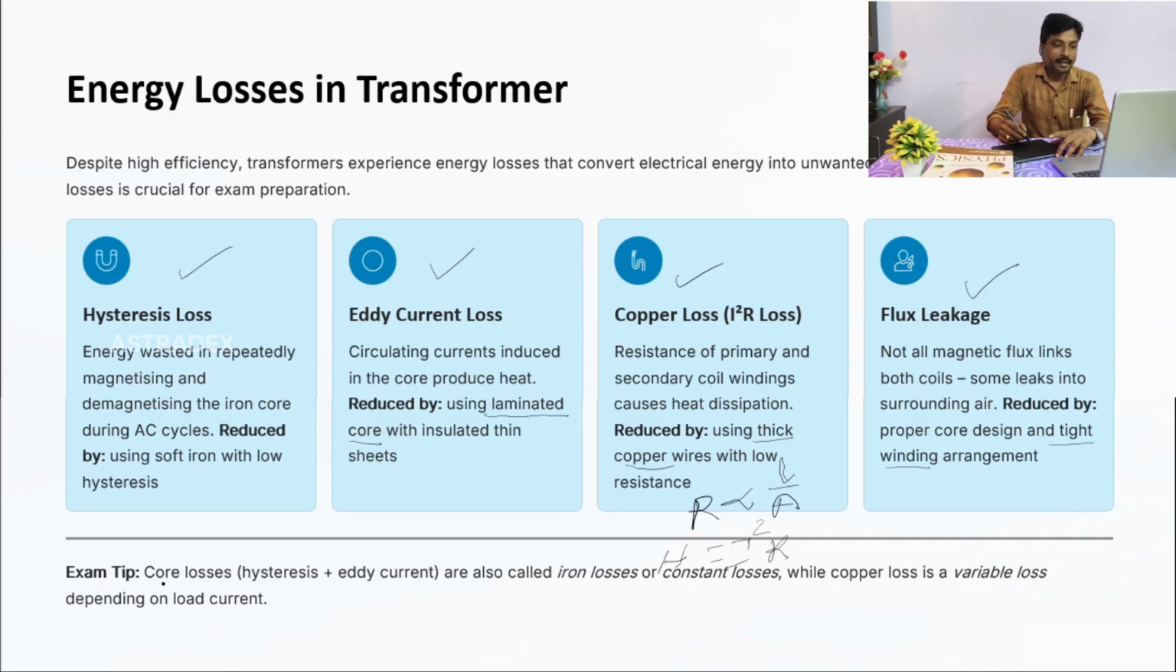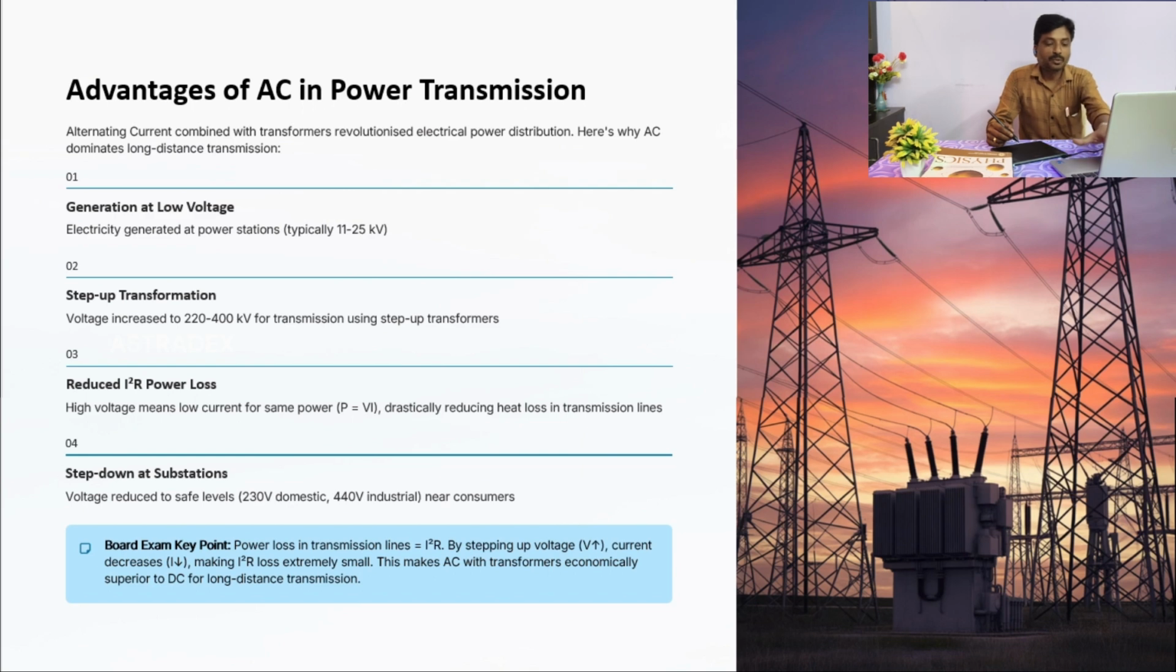See, the exam point of tips given here. Already I told you, hysteresis loss and eddy current loss are also called core loss, and also called iron loss or constant loss. Okay, the copper loss is a variable loss. So it depends on the load current. The next one is